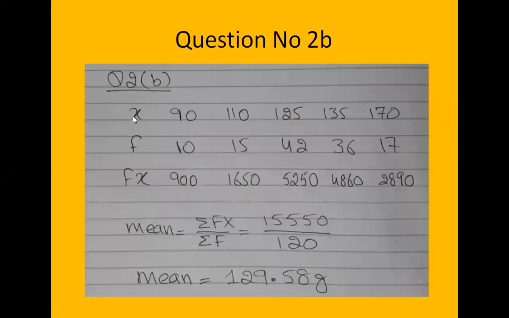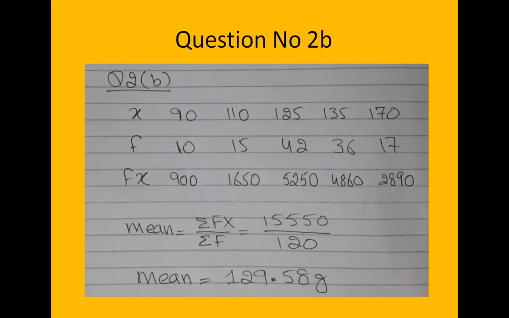Here you can see I have noted down the mid values. This x is basically the mid value. The mid values of the classes are 90, 110, 125, 135, and 170. These are their corresponding frequencies: 10, 15, 42, 36, 17. Then you multiply f and x with each other. You get 900, 1650, 5250, 4860, 2890. Then you add all the fx, which is called summation fx. So 900 plus 1650 plus 5250 plus 4860 plus 2890 equals